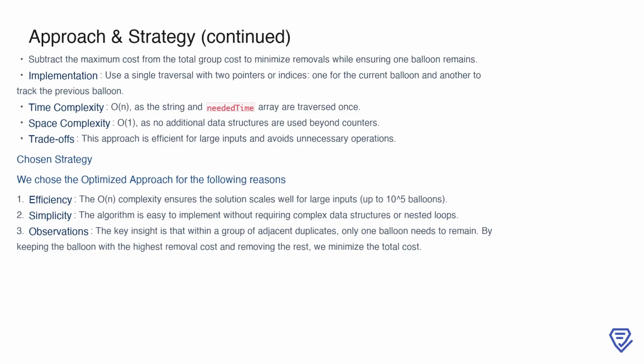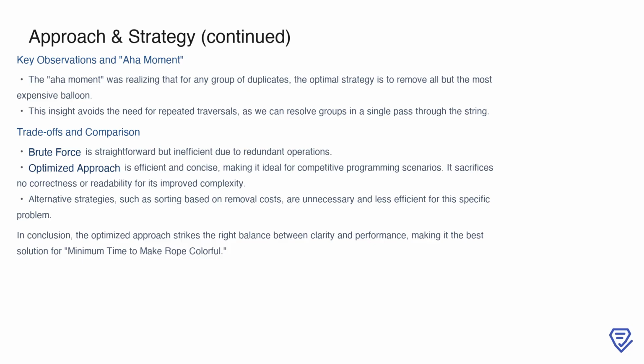The key observation here is that within any group of adjacent duplicates, only one balloon needs to remain. By keeping the balloon with the highest removal cost and removing the others, we achieve the minimum total cost while meeting the problem's requirements. The core insight that drives the optimized approach is recognizing that within any group of adjacent duplicates, the optimal strategy is to keep only the balloon with the highest removal cost and eliminate the rest. This realization eliminates the need for repeated traversals or additional computations, as we can resolve each group during a single